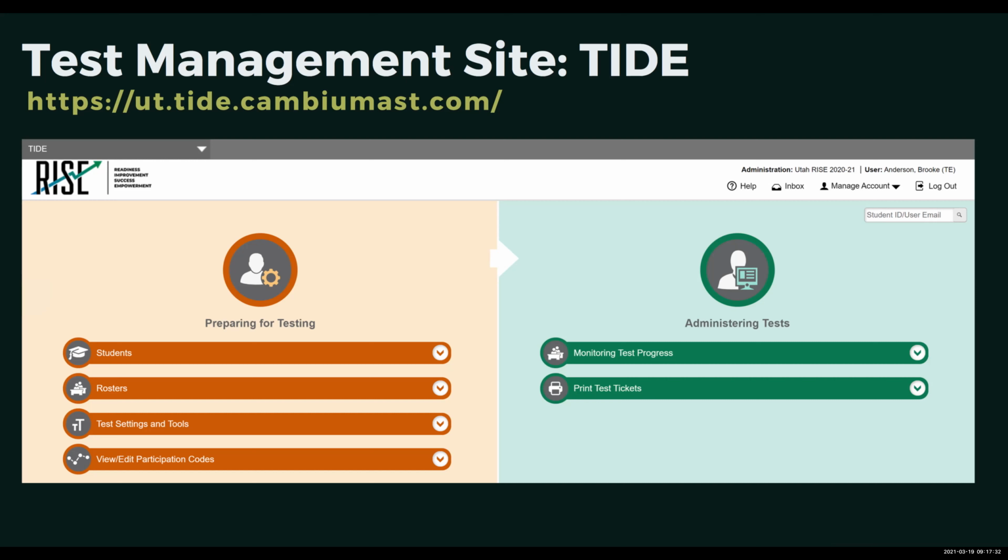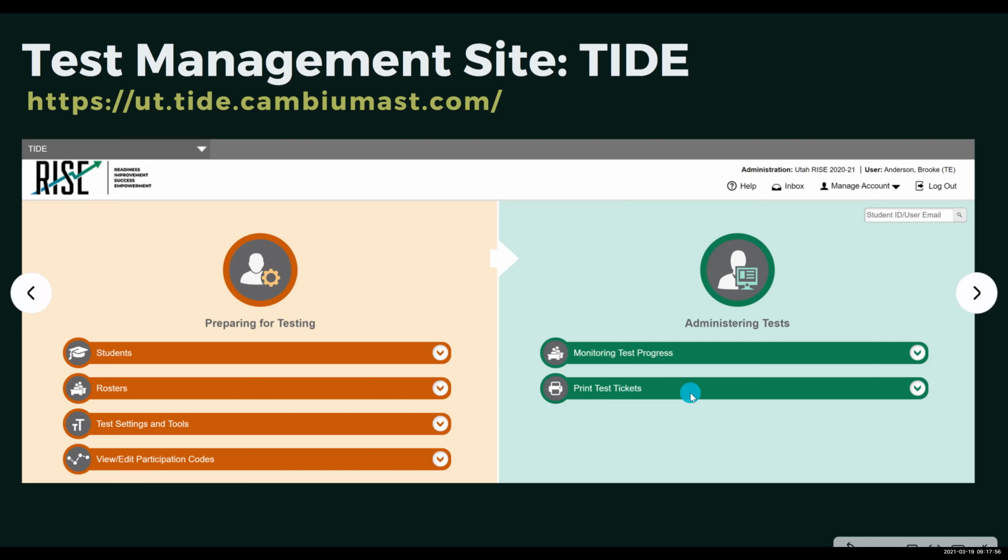So if they're an eighth grader taking secondary math 1, they have a secondary math 1 test. If they're a seventh grader taking eighth grade honors English, they have an eighth grade English test. So whatever courses students are enrolled in Skyward, their test will be generated to match. And you can look up your rosters here and print test tickets over here in the green menu where it